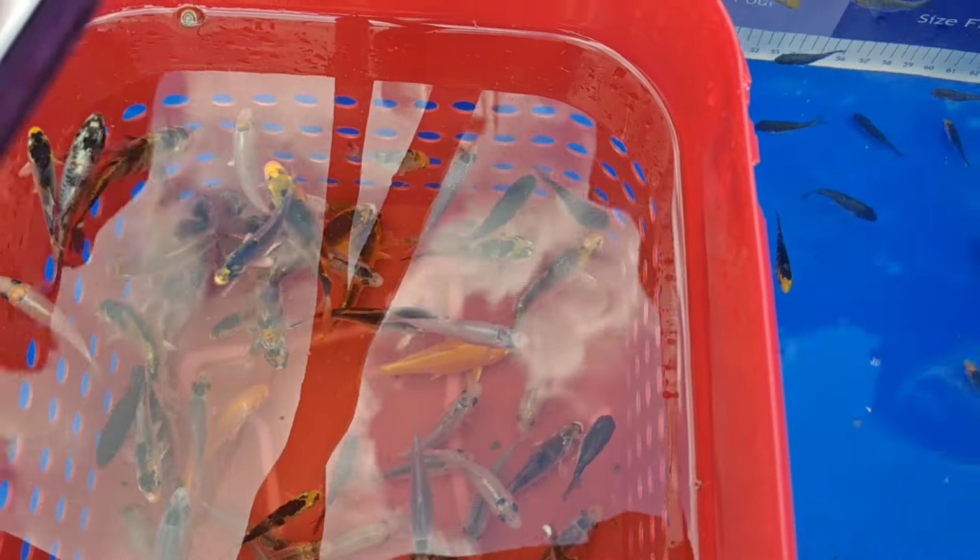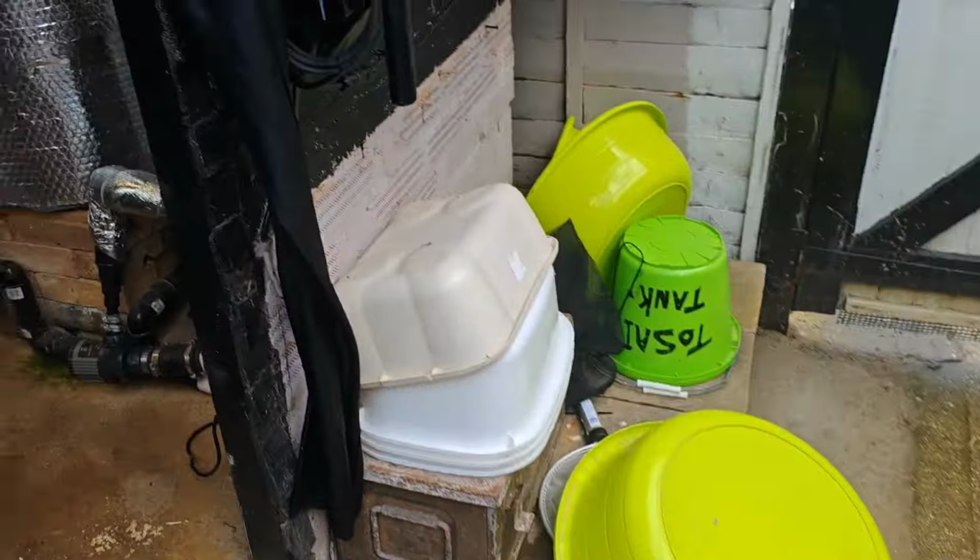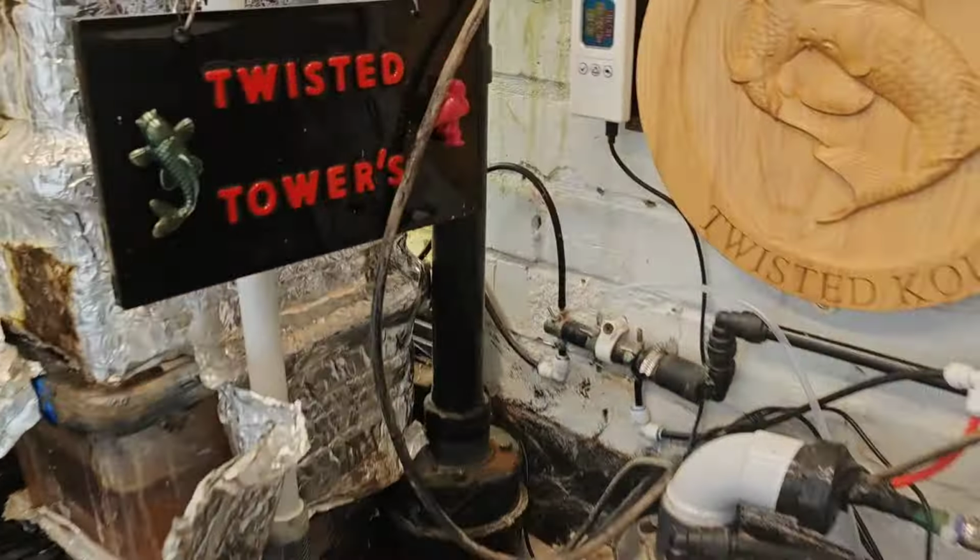But yeah, it seems to be working a treat. And if they can't get through them, they can't end up in the easy pod. Which at the moment is now sitting at